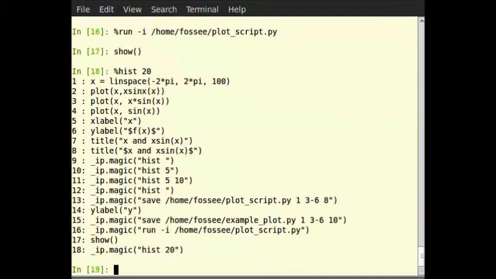%save /home/fossee/show_included.py space 1-3-6 then space 8 then 14 then 17.